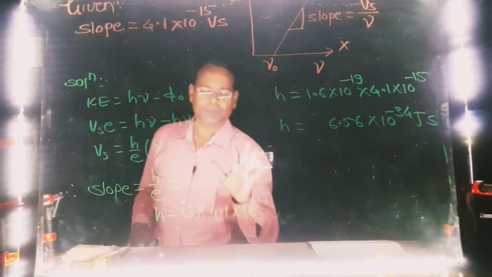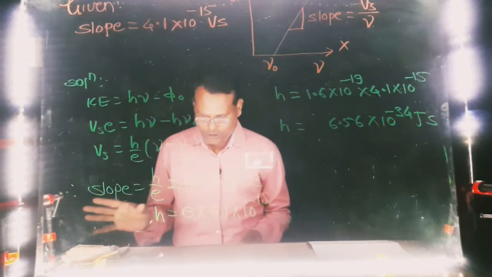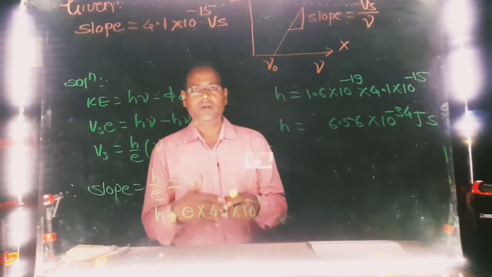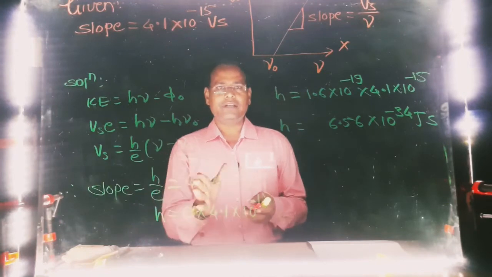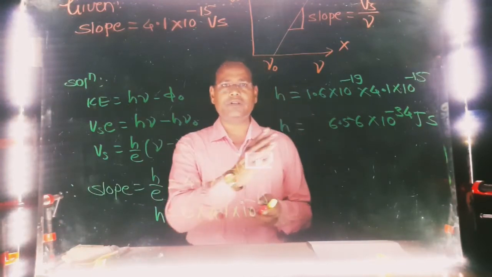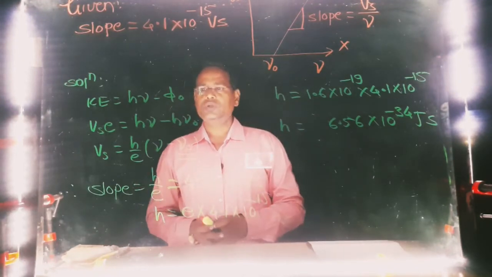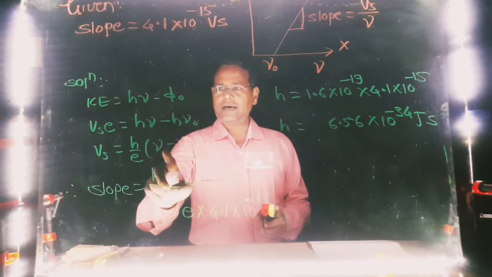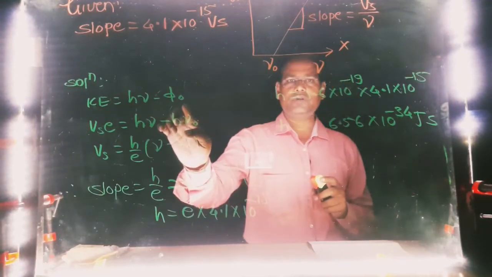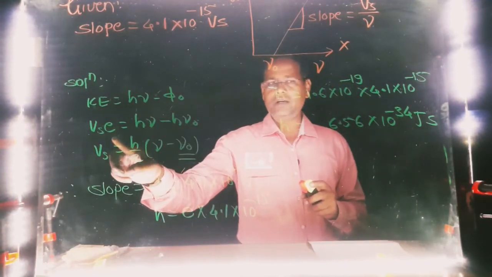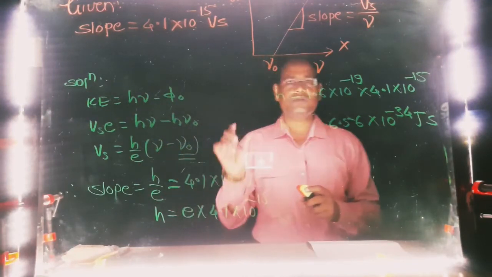So what is given in the problem? Observations from the experiment on photoelectric effect for stopping potential by varying frequency of incident radiation. If we go on varying frequency of incident radiation, it is clear that as frequency increases, the value of potential also increases, and the graph is a straight line showing Vs is directly proportional to frequency. We know kinetic energy is equal to h nu minus phi 0, where phi 0 is work function.